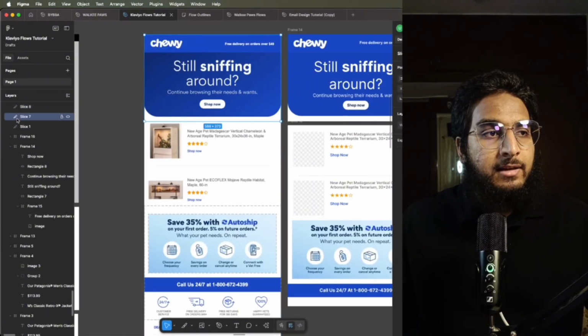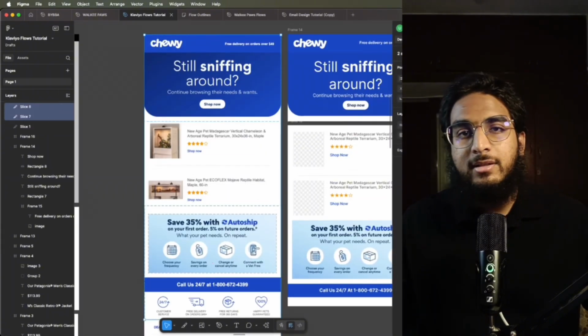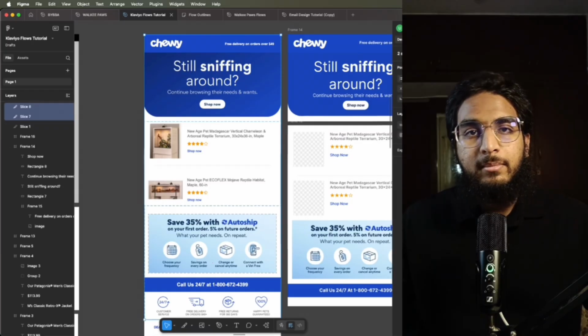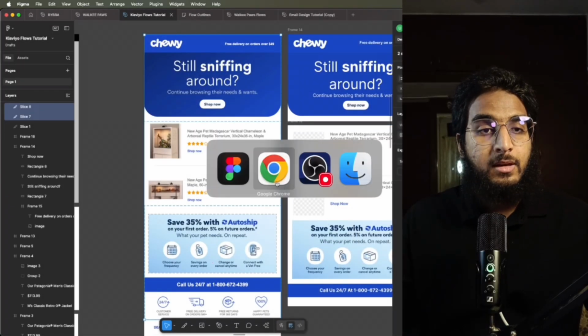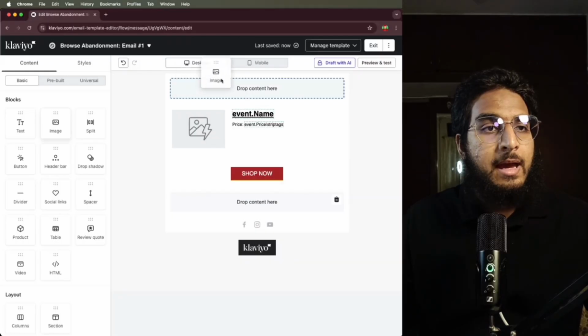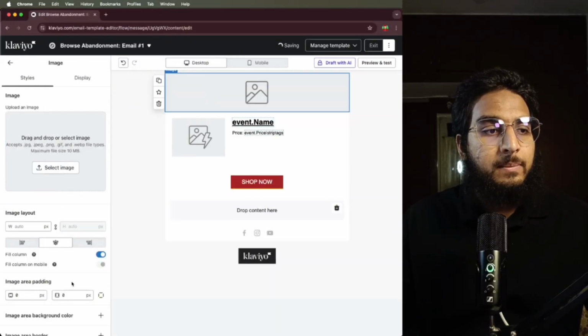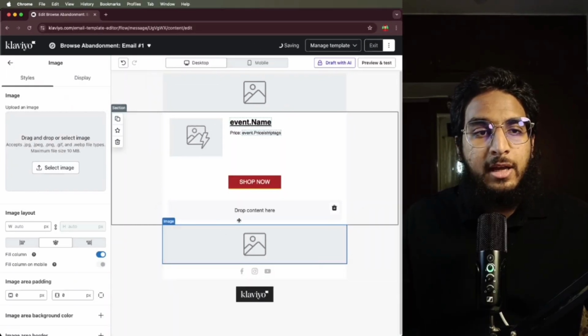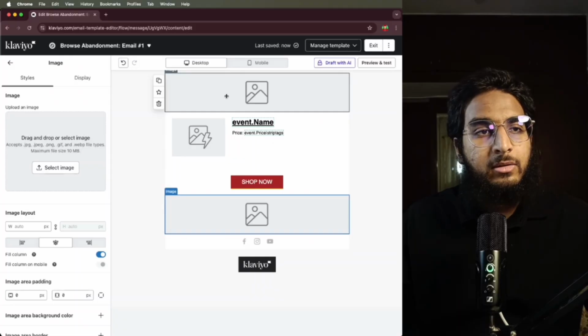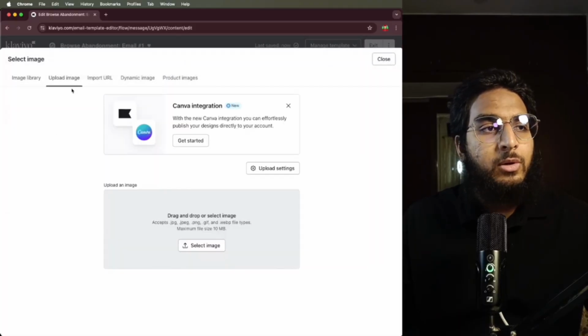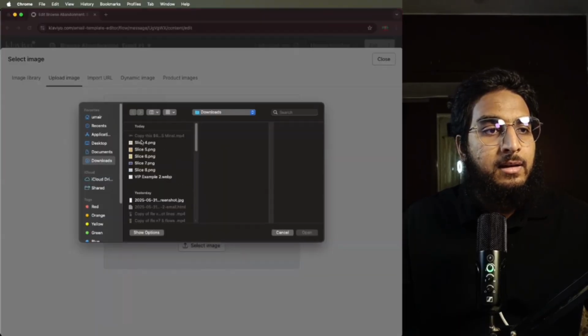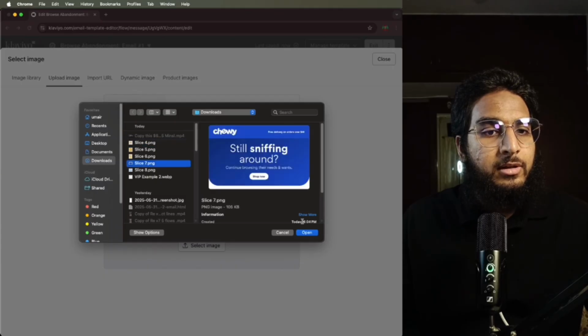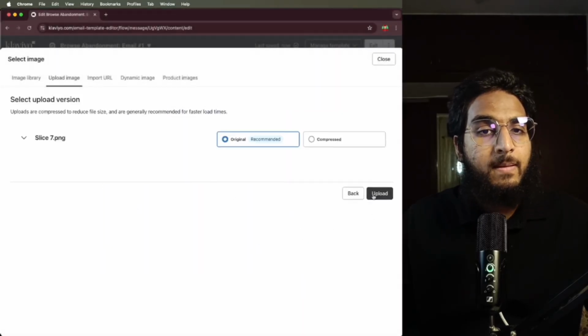So I've selected these two slices. I'm going to go ahead and export them. Click on save, back to Klaviyo, add images. So we need an image at the top part and an image at the bottom part because our dynamic section is something we're going to be creating in Klaviyo. So go ahead and select the image that we just exported, still sniffing around, upload,